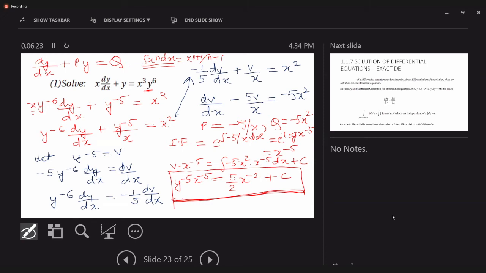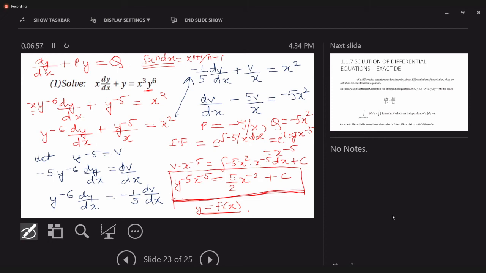if you want to express the solution in the traditional way of y is equal to f of x, by all means you can simplify the expression by transferring this x raised to minus 5 to the right hand side. All that can be done. But while you are simplifying, make sure that you are simplifying and not making the expression more complex. Otherwise, just leave it here as it is. We have obtained the integral value, and that is the solution of the differential equation. Is this clear to you? Bernoulli's differential equation. Is it clear or not, students?